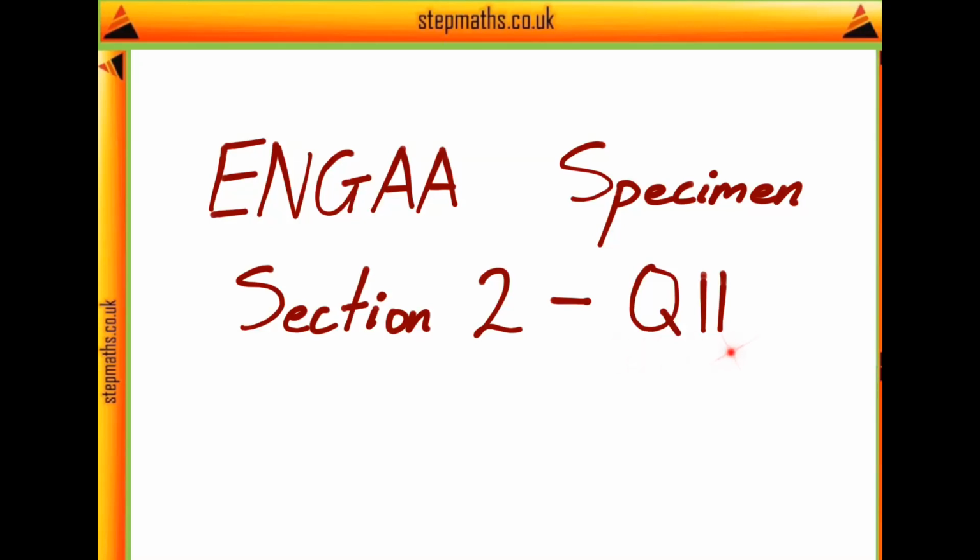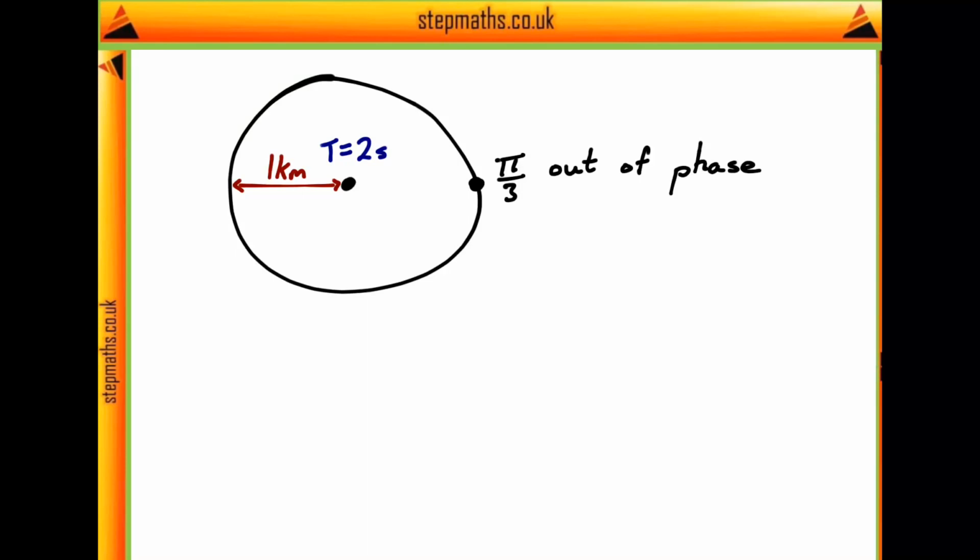Here we're going to look at question 11 from section 2 of the ENGAA specimen paper. In this question, we're told we have an earthquake, which occurs at a point shown here on our diagram. So at this point, we have a house which oscillates with a period of 2 seconds due to the wave